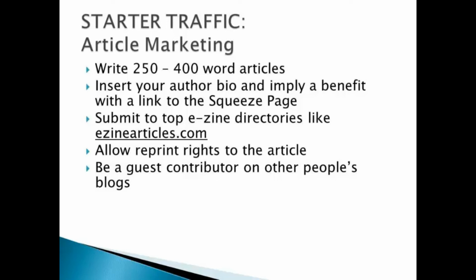to write an article. Write an article in a range of 250 to 400 words and write about something practical or with useful information that a reader can benefit from, like tips, how-tos, or secrets to something. Next is to create a very simple author resource box, and you can start getting backlinks and traffic from there.